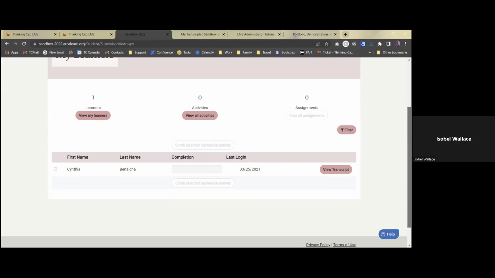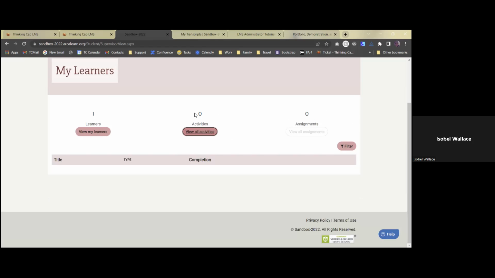I find it a much better approach to giving people access to any users that they are a supervisor of. So if I were to come in, I would see Cynthia, as I have an example here, and Abdul and Leah and all the people that I perhaps supervise. So I'd see the list of my learners,